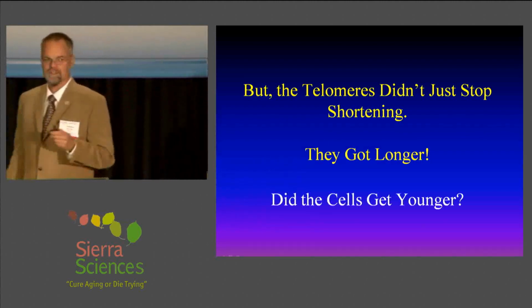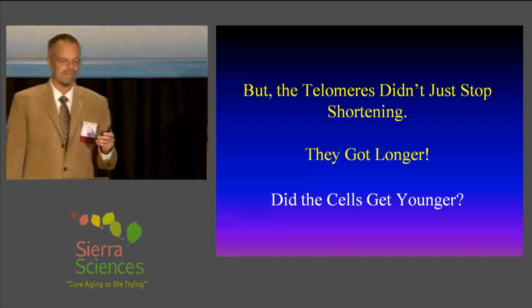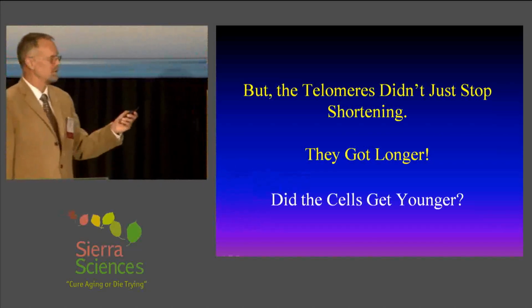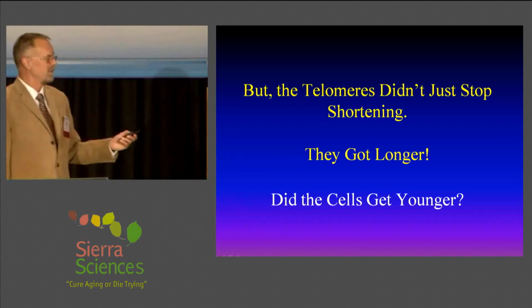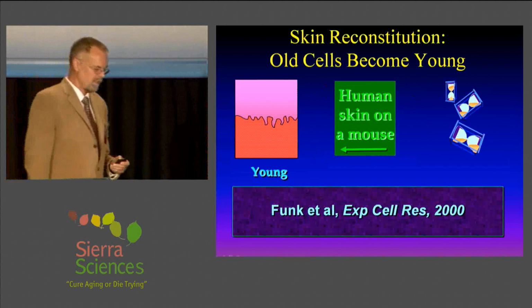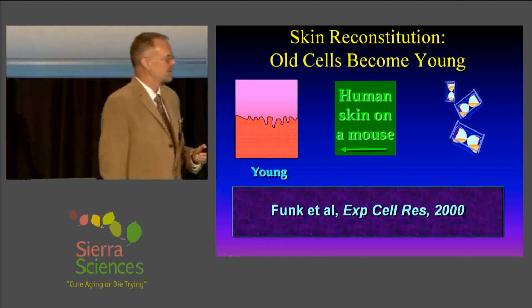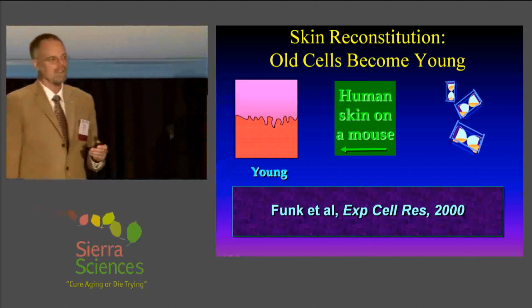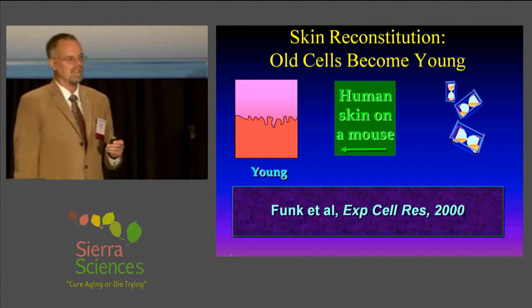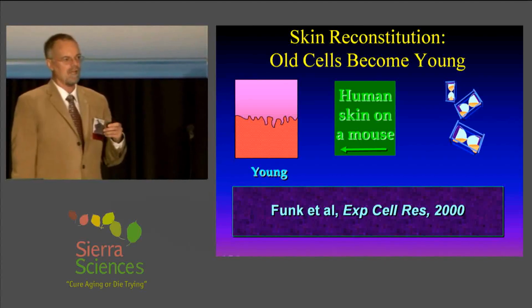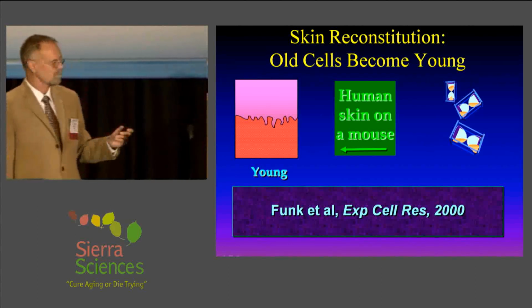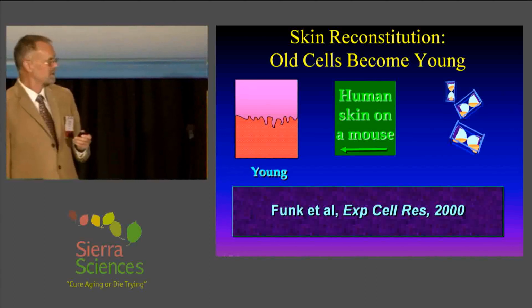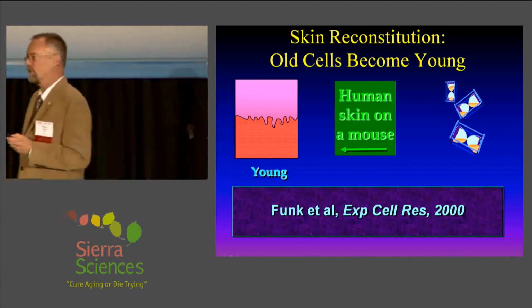And so I left this. This is when I was working at Geron Corporation. I led the research where we discovered telomerase and did these experiments. But I left to start my own company. After I left, one of the people that worked with me, Walter Funk, did the following experiment. He took young cells and old cells and then telomerized the old cells and then grew all these cells into skin on the back of a mouse. And he found when he looked at the young cells, the young skin looked like young skin,